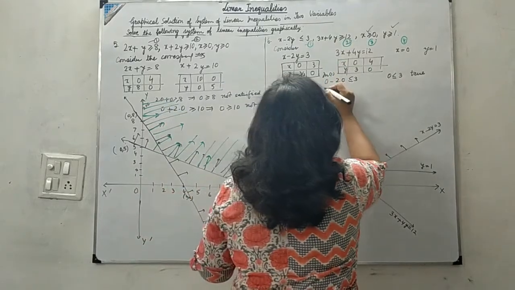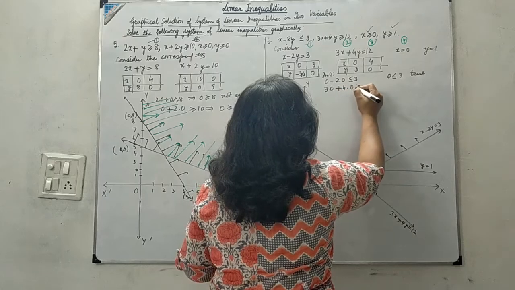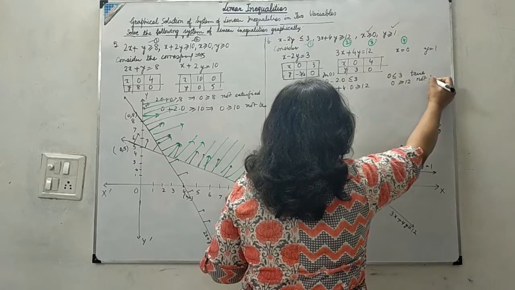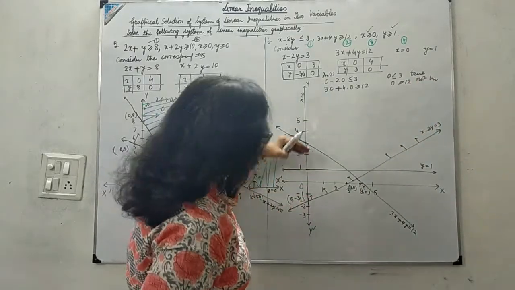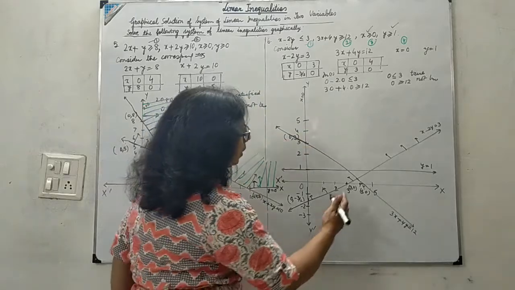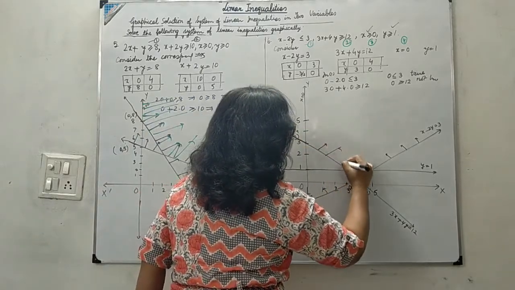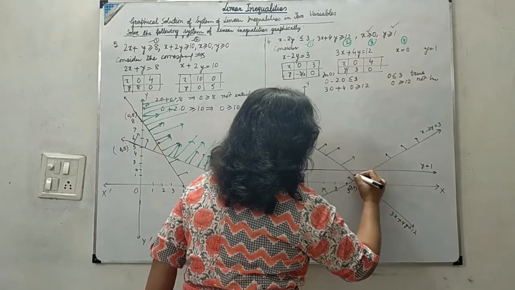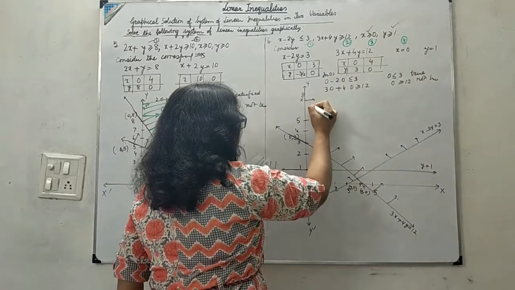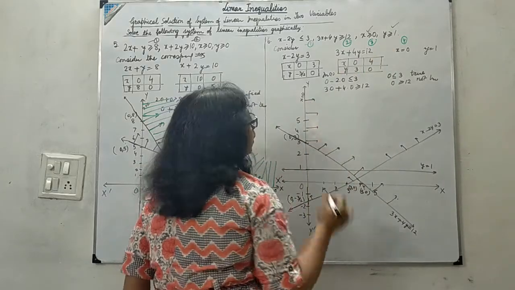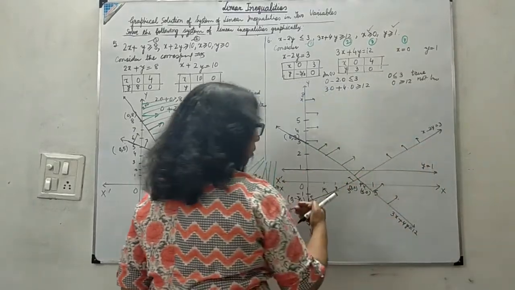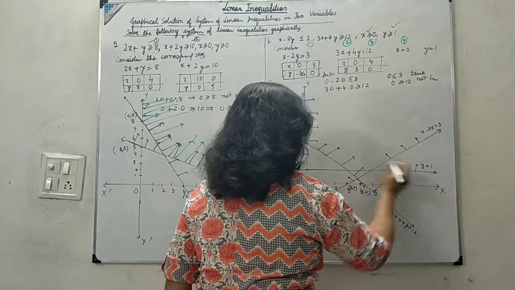After that, next, 3 into 0 plus 4 into 0 greater than 12. So 0 greater than 12, this is not true. So the part which is above the origin is not containing the origin. So this part will be your required one. I have put the arrows on this side as well now. And x positive means this side will be taken. And y greater than 1, 0 is not satisfying, so not the origin side, this is the upper part, like this.